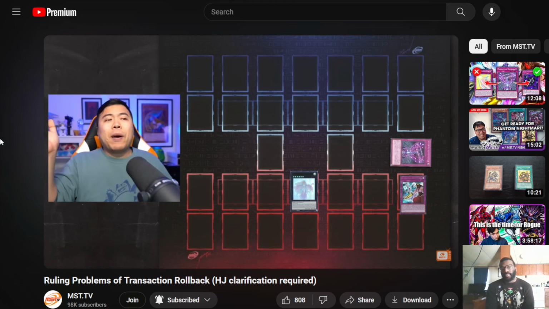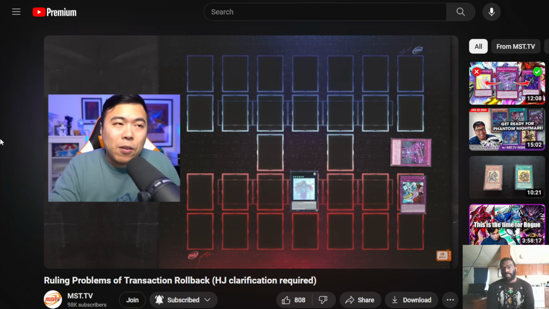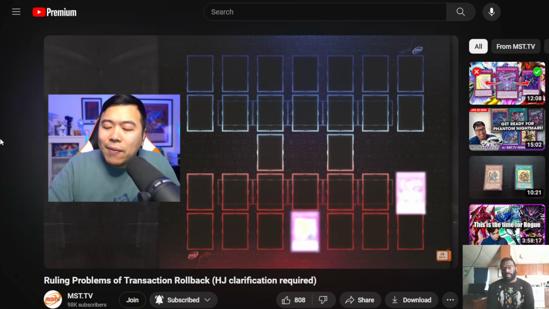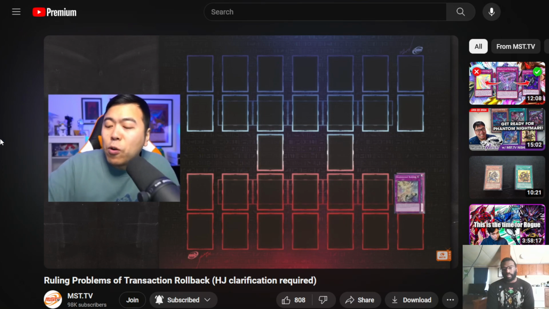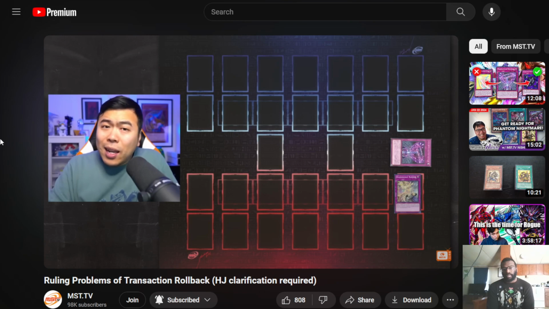Who knows? But then there's also the question of D-Barrier. So let's go for another Floodgate-esque card like D-Barrier. What happens when they activate a D-Barrier and then you use Transaction Rollback? Can you Transaction Rollback an already active D-Barrier? And the answer is